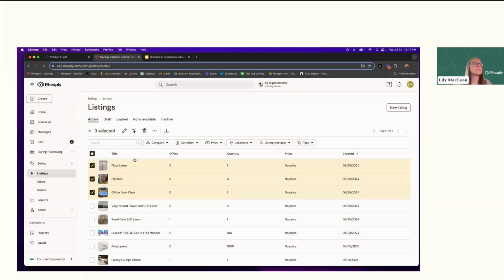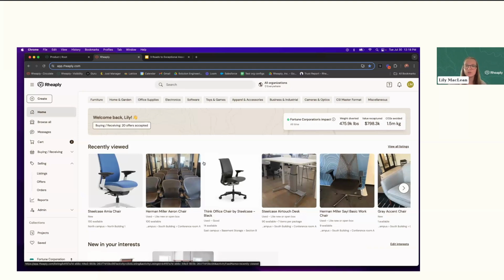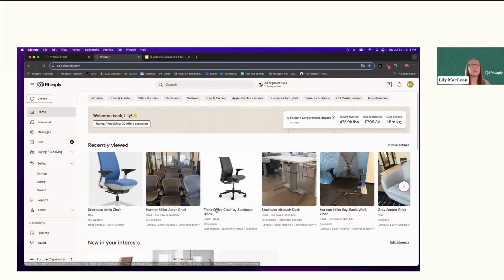Now, what we see happening with these is two things: we see sales and we see donations. When there are time constraints and time crunches, donating items is a really good option because it impacts communities, and they're able to shop from what's available to them in the same way that I shopped as an internal user, just that I am only seeing what's available to me. But we also have the opportunity to sell items.